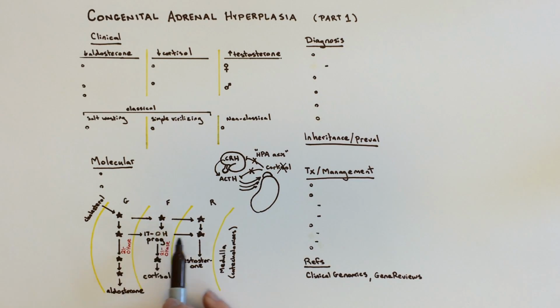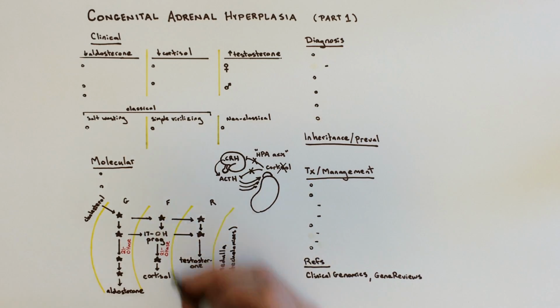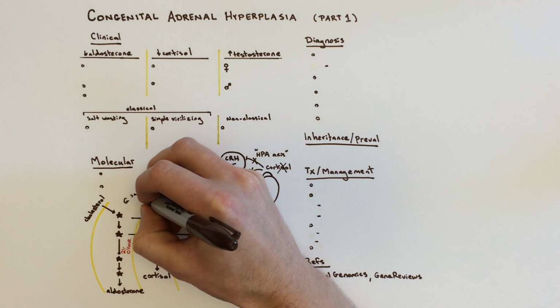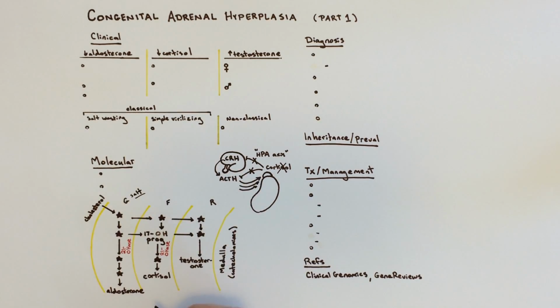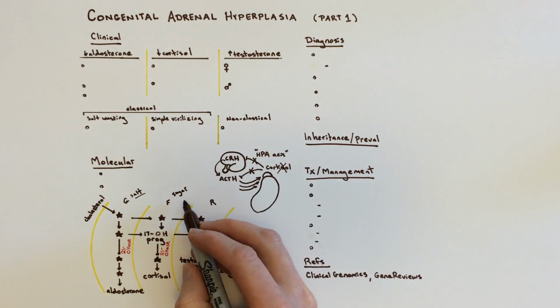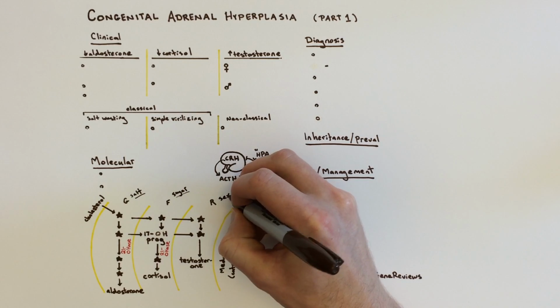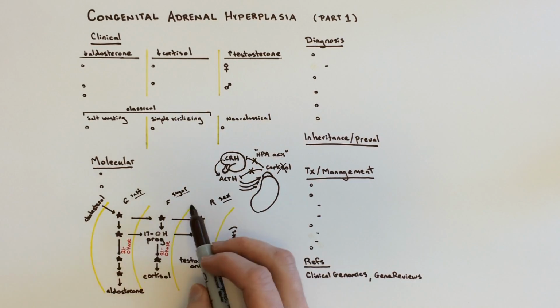17-hydroxyprogesterone gets shunted over this way, leading to increased testosterone. So decreased aldosterone, decreased cortisol, decreased testosterone. The mnemonic for remembering these layers is that aldosterone has to do with retaining salt, cortisol has to do with increasing your glucose concentration in times of stress, so sugar, and testosterone leads to secondary sexual characteristics, so salt, sugar,